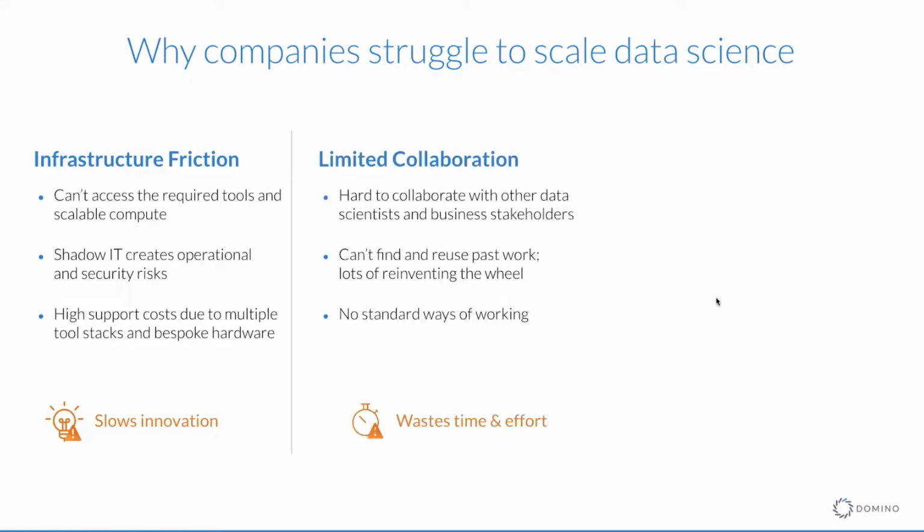That then leads into what we call limited collaboration. This is the second challenge, and it really centers around silos, which basically limits collaboration and knowledge sharing at an organization. Because data scientists often work independently with a variety of different tools, there are no standard ways of working, which compromises the company's auditability and reproducibility with respect to data science. The lack of visibility into, for example, in-flight projects also causes concerns about governance and security, as well as the loss of institutional knowledge when data scientists move on to different companies. So teams aren't able to find or use previous work. They can't effectively collaborate with one another. Everybody winds up doing lots of repeat work, which wastes time and effort for the organization.